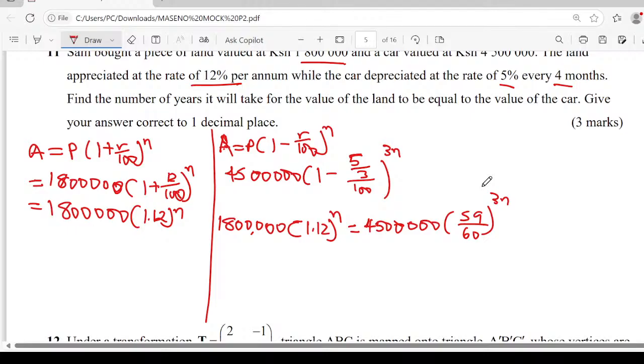Someone is saying, I'm seeing a lot of discussion ongoing here. I can see someone saying, okay, nitajiunga na